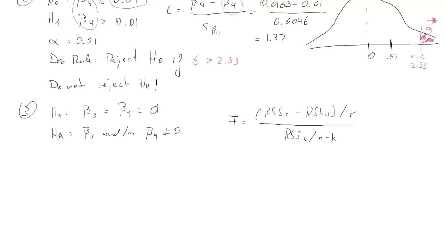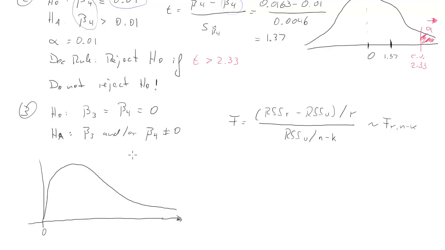Before we conclude the calculations, let's draw the distribution again. Now we know the F-stat is F calculated with r and n minus k degrees of freedom. F distributions are defined on the positive scale only. It's not important exactly how it looks. Let's use an alpha of 5%. Before we do anything else, we write the decision rule, and that is